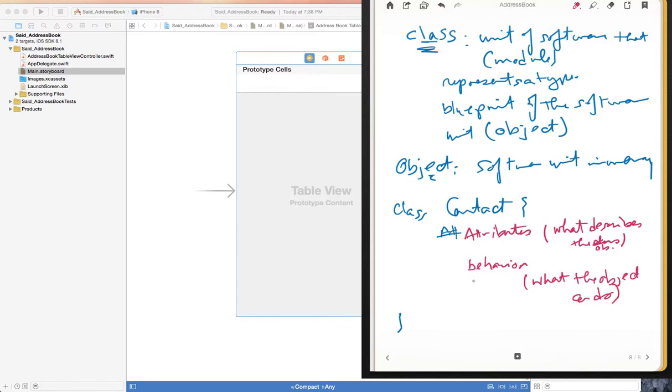In other words, the behaviors are the functions. So the behaviors are all the different functions that the class has. The attributes are all the different variables and constants that the class has. So for the contact class, in order to create it to describe all the different contact objects, we can say,